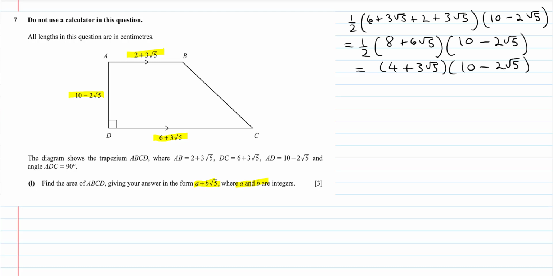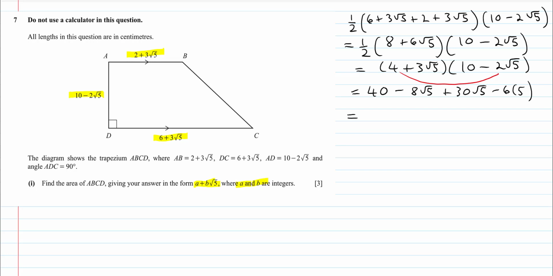that out. So we'll do the 4 times 10 first, so that's equal to 40, and then we'll do this 4 times minus 2 root 5, so that's going to be minus 8 root 5, and then we've got 3 root 5 times 10, so that is 30 root 5, and then 3 root 5 times minus 2 root 5, well, it's going to be minus 6 times, well, root 5 times root 5 is just 5, and then simplifying